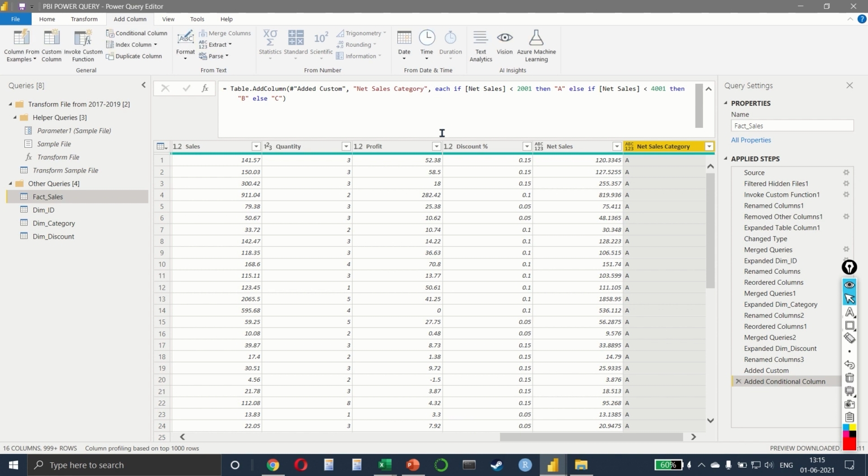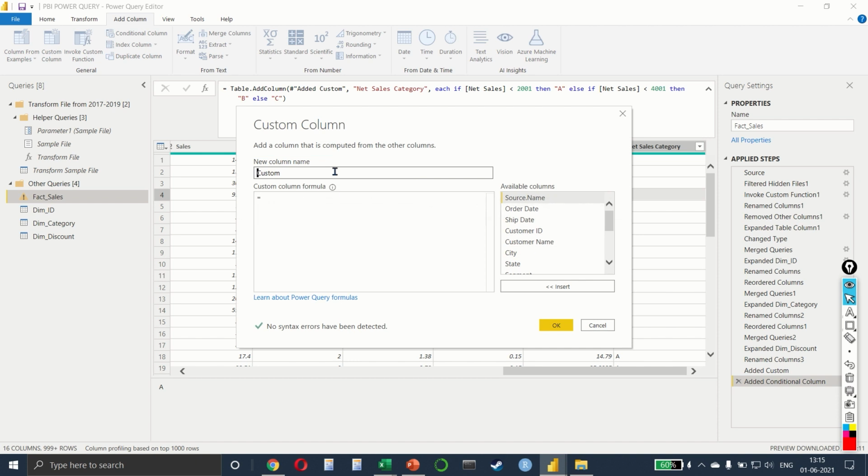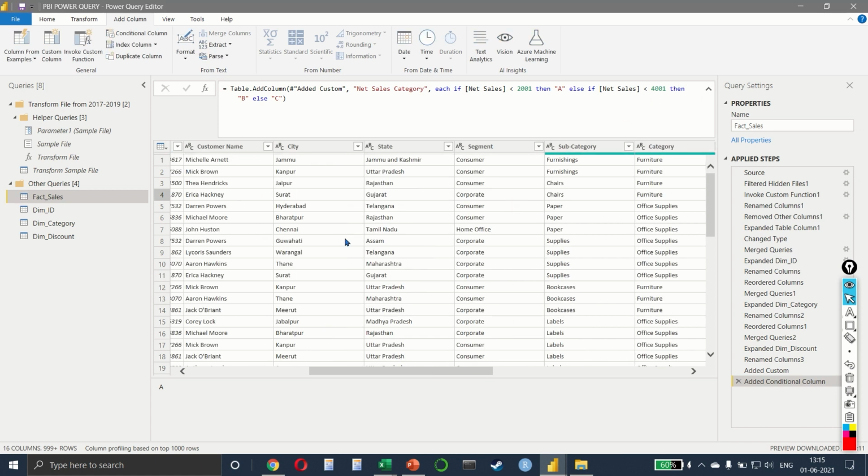But what if you really want to create your own formula by writing the function? For this, we click on custom column once again, and I will say something. So maybe I want to create a target, right? And I want to multiply my sales by 1.1. This is all right. This is just an arithmetic operator. But what if you need to write functions here, right? For example, let's say we have